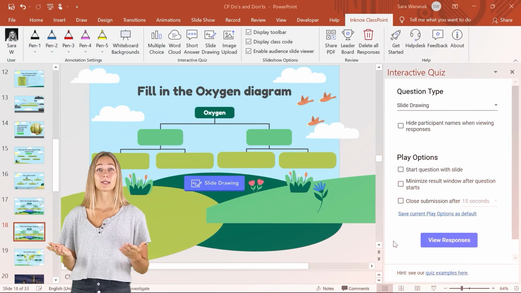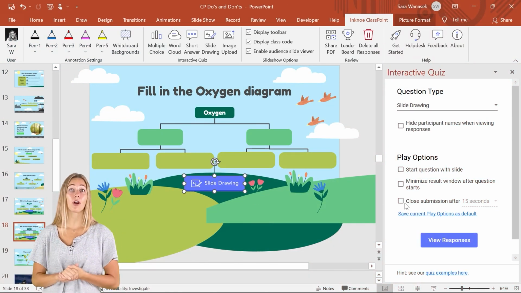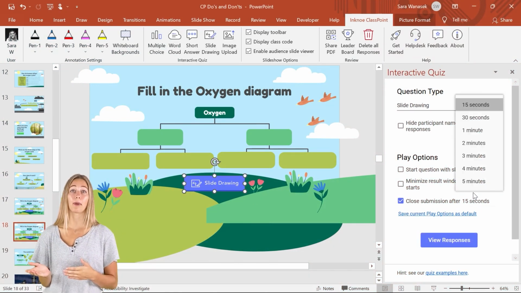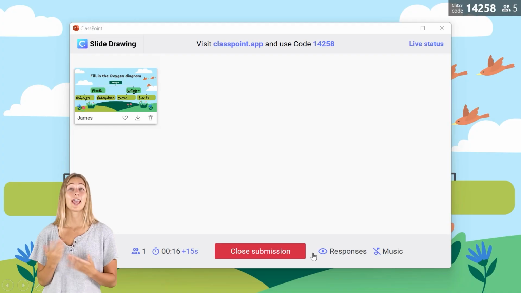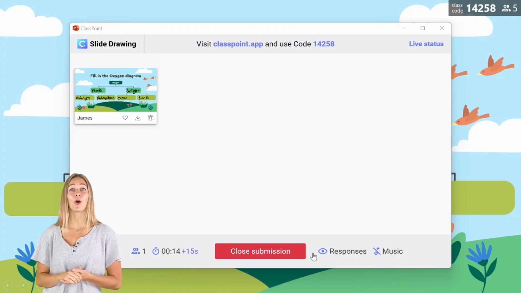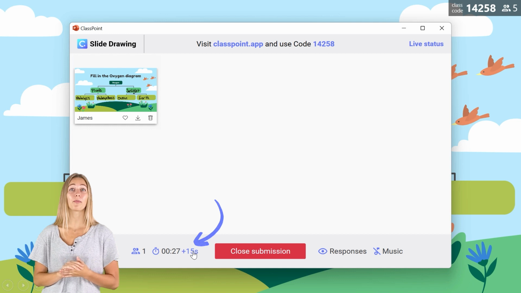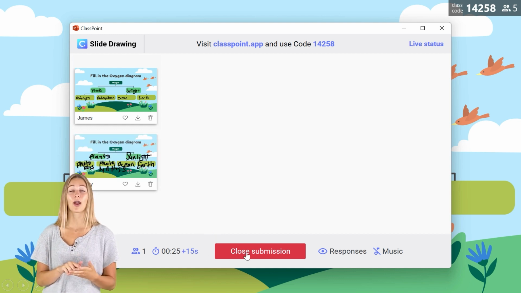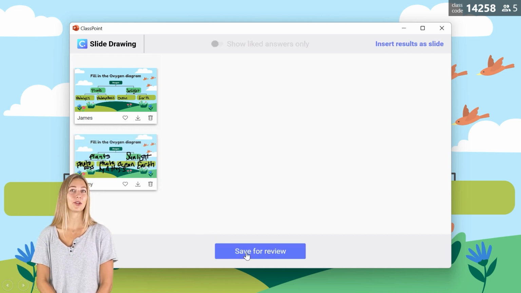There is a time and a place for time-pressured activities, but not every activity should be one. On the other hand, if students have too much time for an activity, they'll begin goofing off and distracting others in class. So you have to find that perfect balance. With ClassPoint, you can go ahead and set a timer on the interactive questions from the side question panel when you're setting up the question. If you did not plan perfectly, you can always add time right from the response window, or if you added too much time, you can just go ahead and close it early and move on to the review.